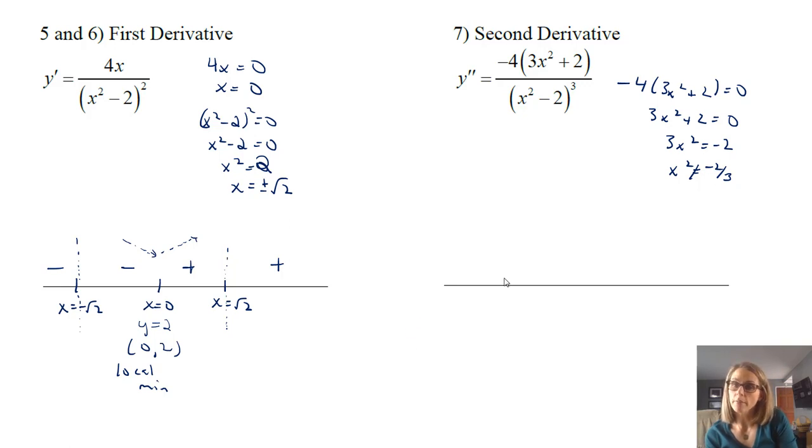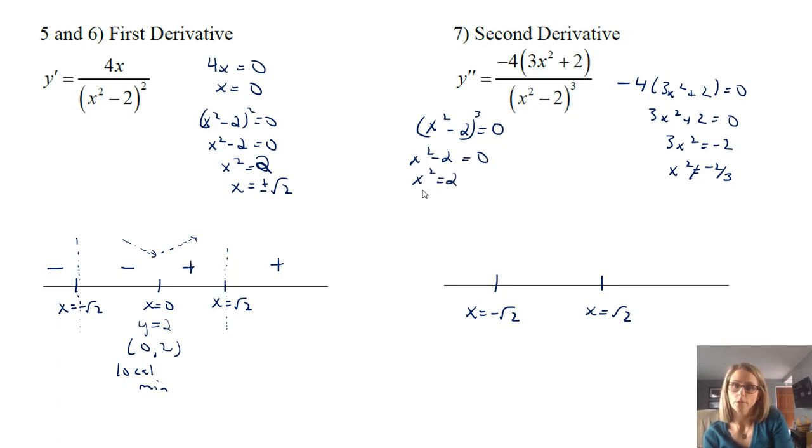However, in terms of concavity, you still want to think about when, and if I'm saying derivative, I'm sorry, second derivative, we also still have to think about when it's undefined. And that's the same values that we had before, because our denominator, and you can fast forward through this part if you totally understand it, all we want to think about is x squared minus 2 is equal to 0. And again, it's just plus or minus the root 2. So we still want to check what's happening on either side of those. So I'm going to go like this, just to remind myself.